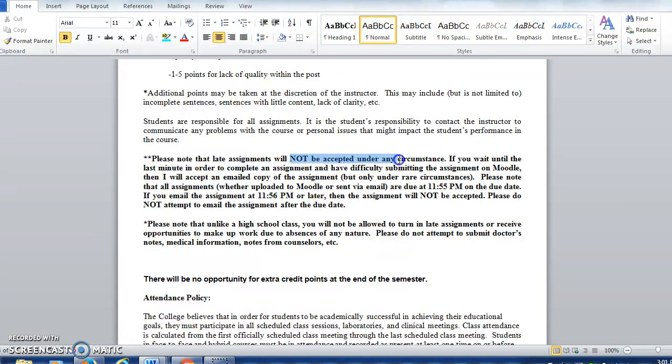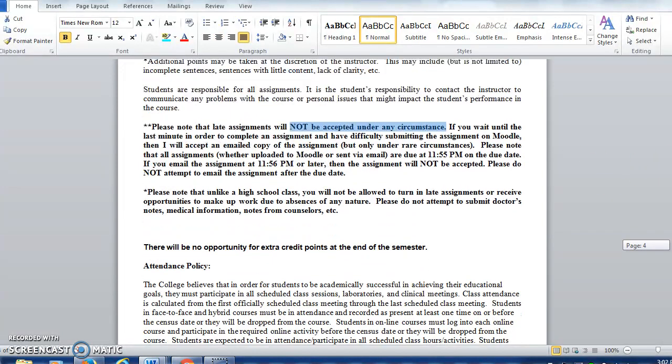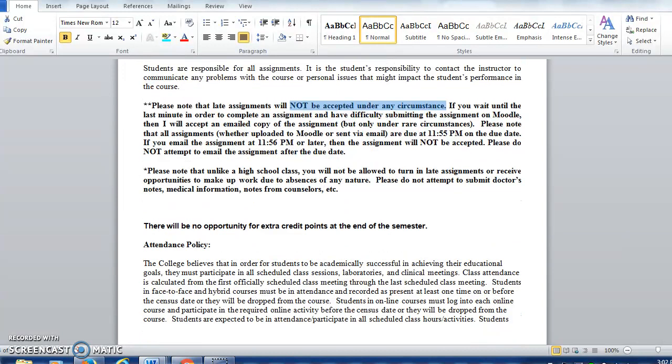So late assignments are not accepted under any circumstance. All right. So don't try to send me an assignment past the due date. What I do, and I also don't accept any type of late note, doctor's notes, or anything like that. What I do provide though for you